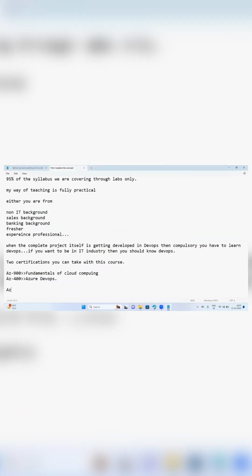Here, Azure DevOps is compatible with any programming language.